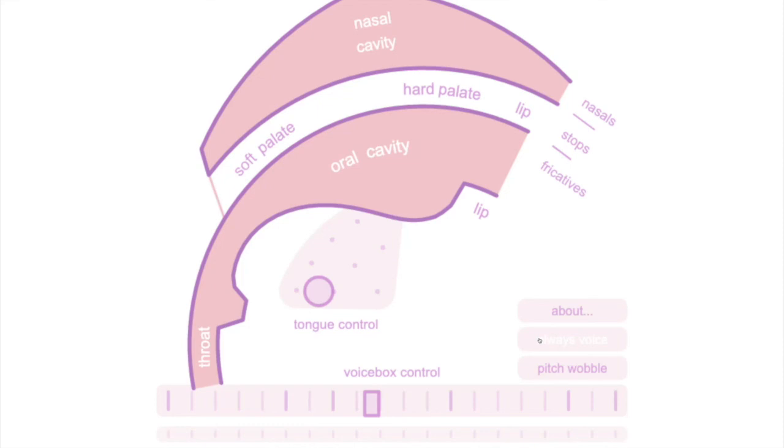Now, of course, again, this is an oversimplification. So all we can do is close the lips. We can't control the pattern of how round they are in this. You also get the nasal sounds coming out of here, and you can get fricatives. Yeah. So just to give you an idea, and you can play with this for an hour